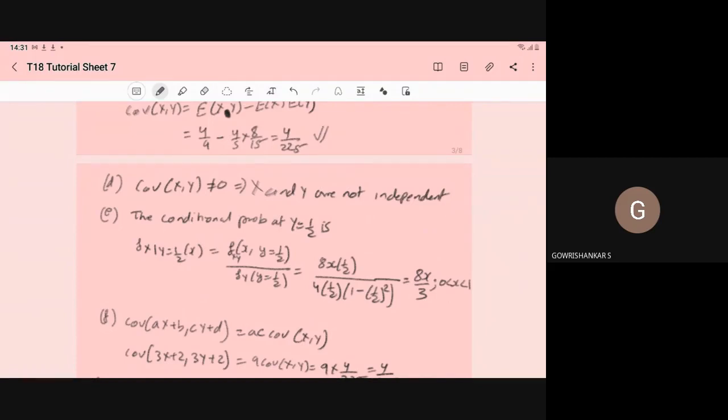So here the conditional density at Y is equal to half: because we are putting Y is equal to half, we have a function of only X, right? So here we have f of X given Y is equal to half, for X. It is f of XY for X comma Y, where Y takes the certain value half, upon f of Y for Y is equal to half. You know the joint density is 8XY, with Y is equal to half. So 8X into half, and